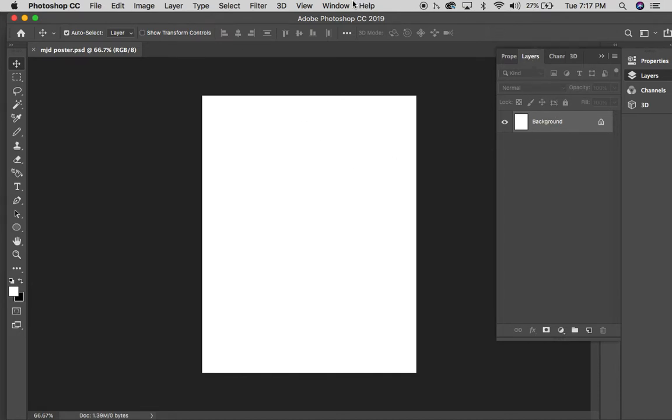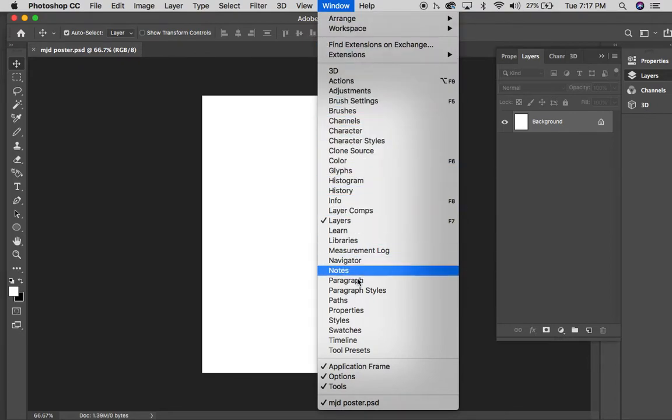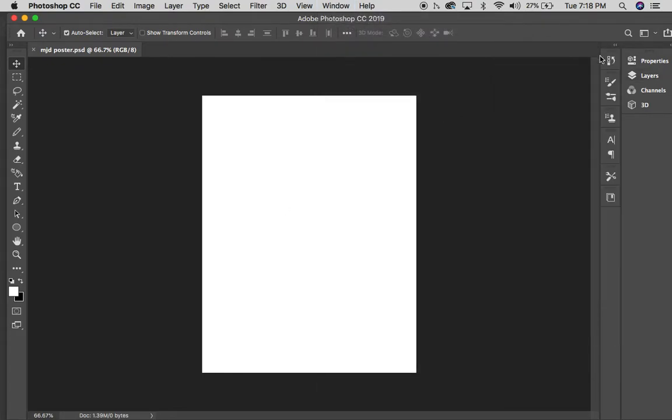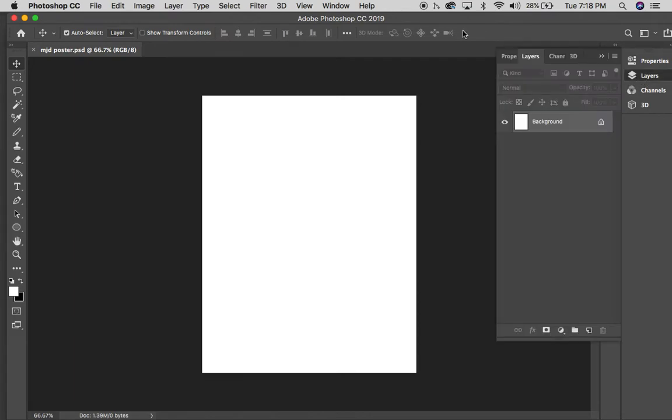If my Layers window is closed, I can go up here to Window, and there are all kinds of different windows with information. Well, I'm going to use the Layers window for this project. I'll keep that open most of the time. Now I have just a blank layer in the background, and by default that one is locked. Let me add a new background layer,